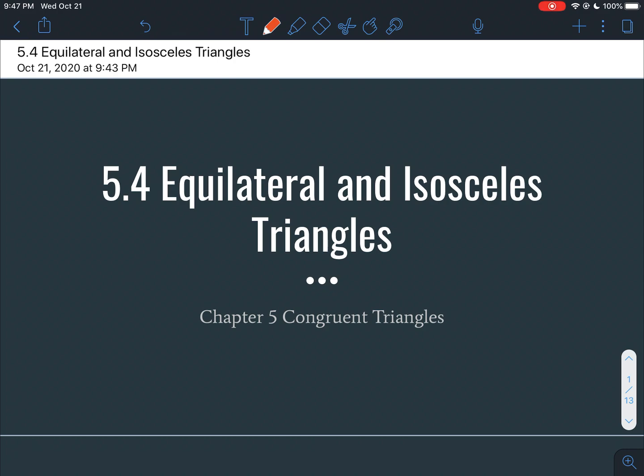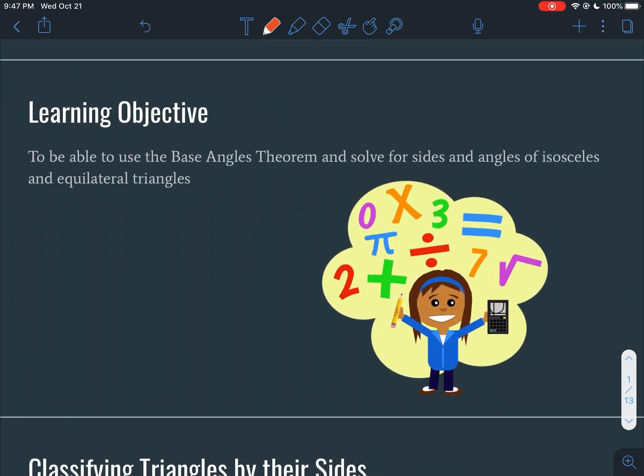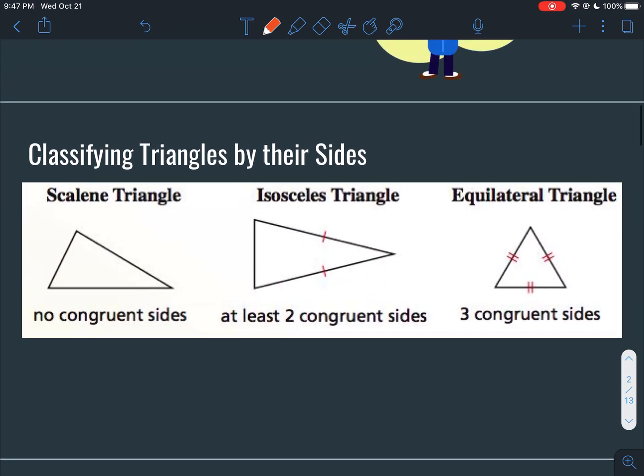So today we're looking at section 5.4, equilateral and isosceles triangles. Our learning objective is to be able to use the base angles theorem and solve for sides and angles of isosceles and equilateral triangles. So quick review, when we talk about types of triangle,